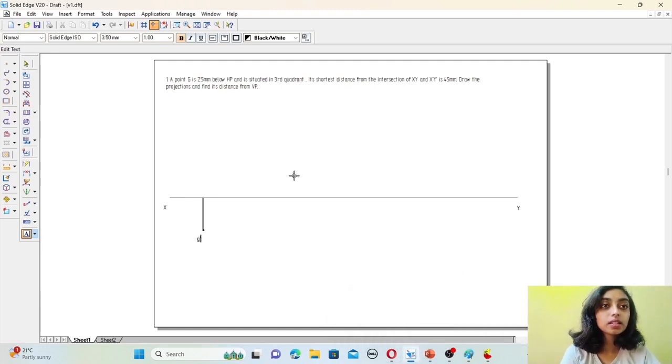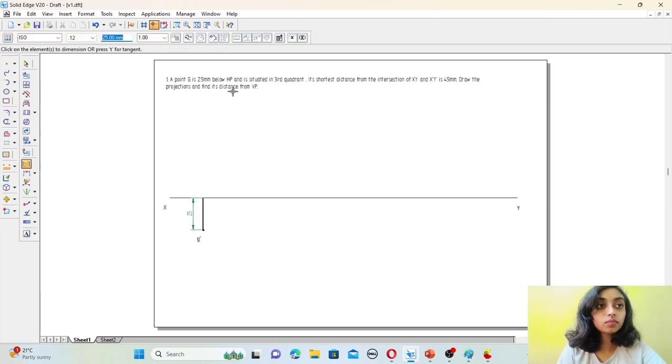Then by using Smart Dimension, measure this distance, that is 25. So they're telling the shortest distance from the intersection of the XY and X dash Y dash line.